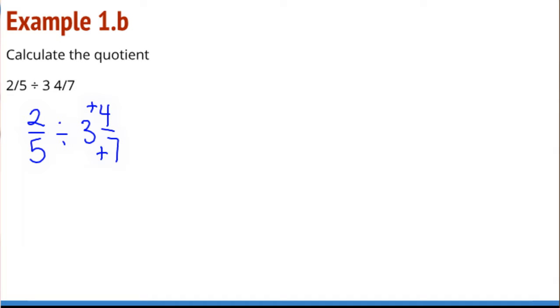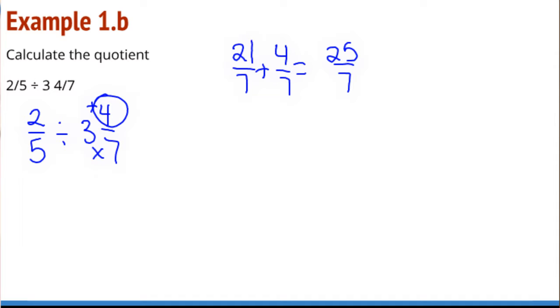Oops. Confused some poor student here. 7 times 3. So in 3 wholes, I will have 21/7. And I'm going to add 4 more 7ths, and I will have 25/7. So I've got 2/5 divided by